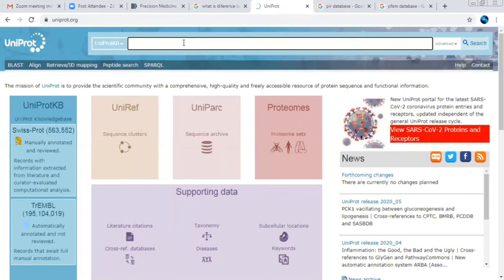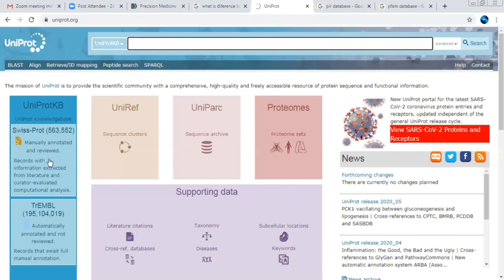You can see this home page contains certain keywords which we can give from here, and you can see the options that have been provided. It is also linked with UniProt KB, which is called SwissProt. It is manually annotated and revised data.